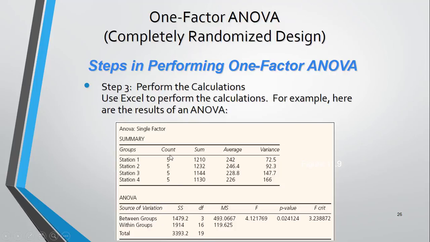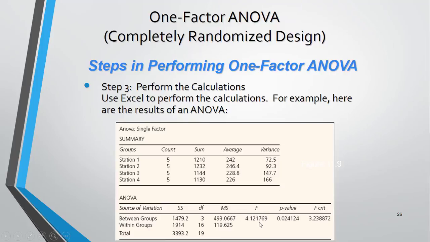Because you have 4 groups, 5 each, that's 20 total. 20 minus 1 gives you 19. And then this has to be 16, which is N minus C, because 19 minus 3 will give you 16. How do you get this here? MSA, you take 1479 divided by 3, you'll get this. 1914 divided by 16, you get this. And then take 493 divided by 119, gives you F of